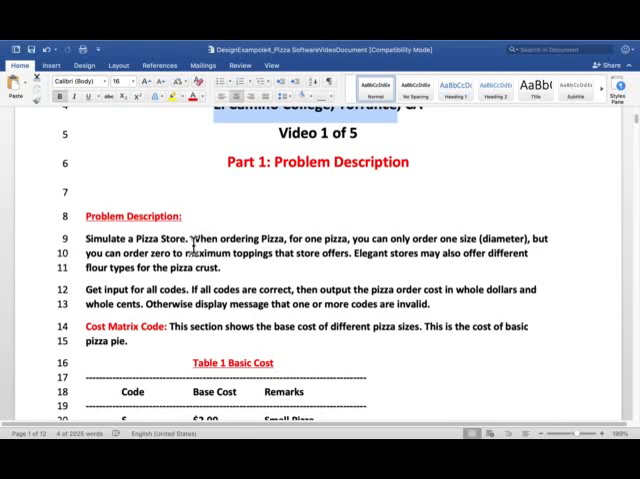Simulate a pizza store. When ordering one pizza, you can only order one size, which has a certain diameter, but you can order 0 to the maximum number of toppings that the store offers. And a store may offer different flour types for the pizza crust. Like if you go to Blaze Pizza, they offer different crusts, and also they can offer you different cheese types, and of course different toppings. Okay,